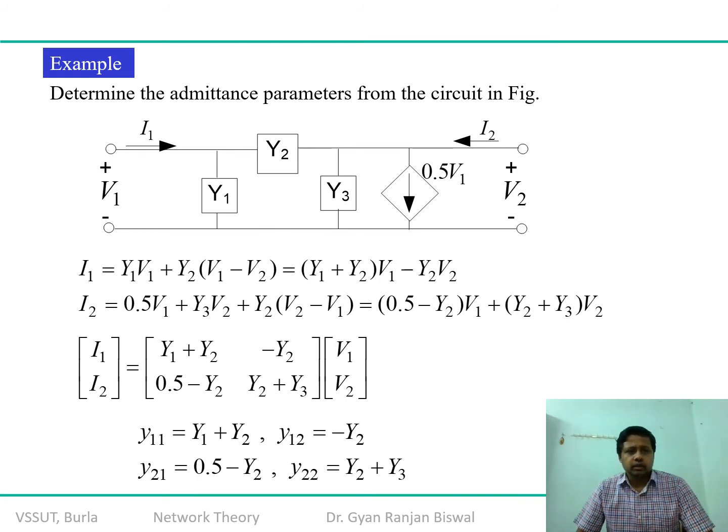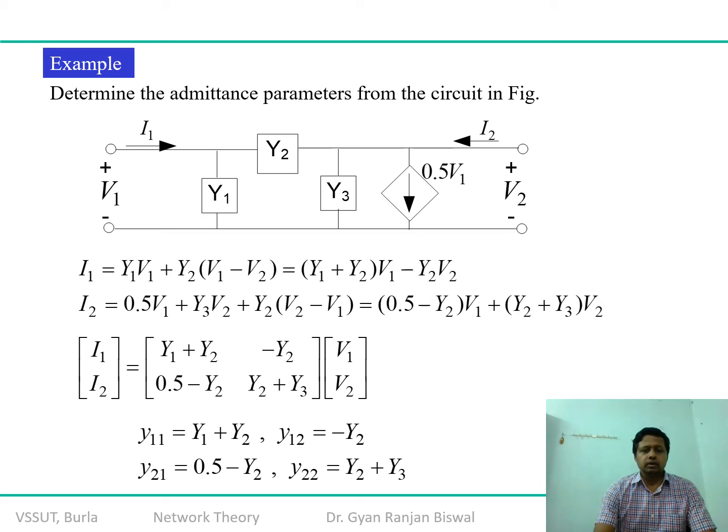Okay? So the first nodal equation for I1 is y1 v1 plus y2 times the difference of the two voltages v1 and v2. Okay, so we can rearrange the modified equation. The second equation you can apply somewhere over here, and you get that I2 is equal to 0.5 v1, because that is the additional voltage being added, plus the potential over here. Okay, so this is y3 v2 plus y2 times (v2 minus v1). You can rearrange the equation and you will get two statements, which are comparable because in this problem the numeric values are not given; rather y1, y2, y3 are mentioned.